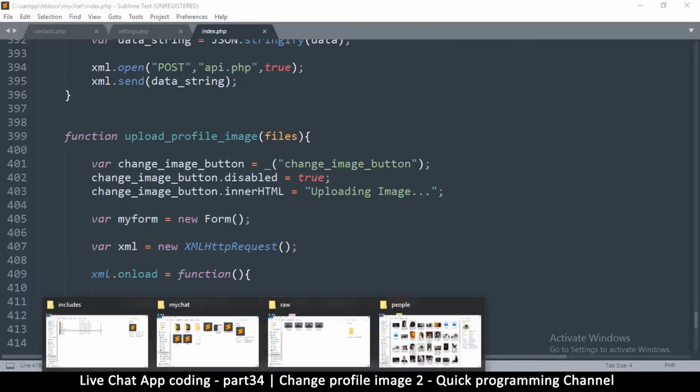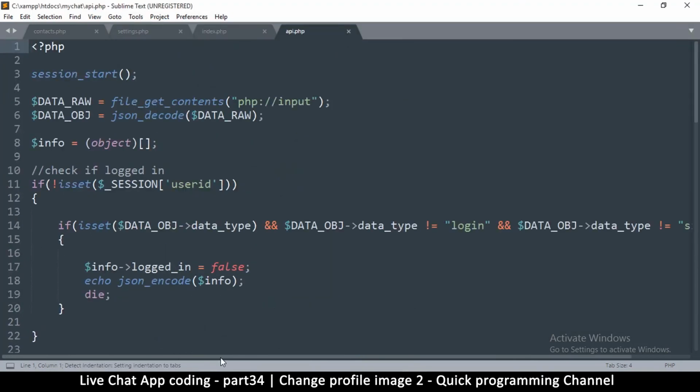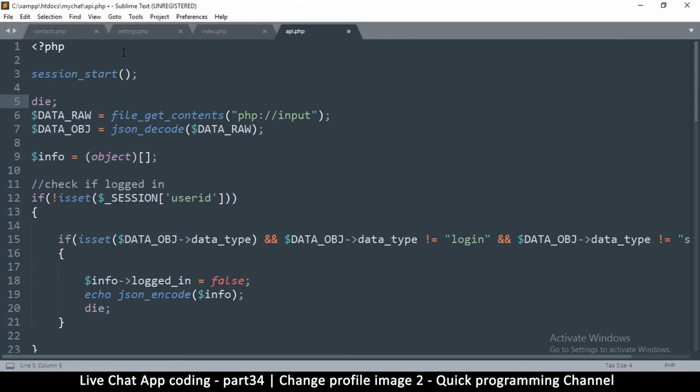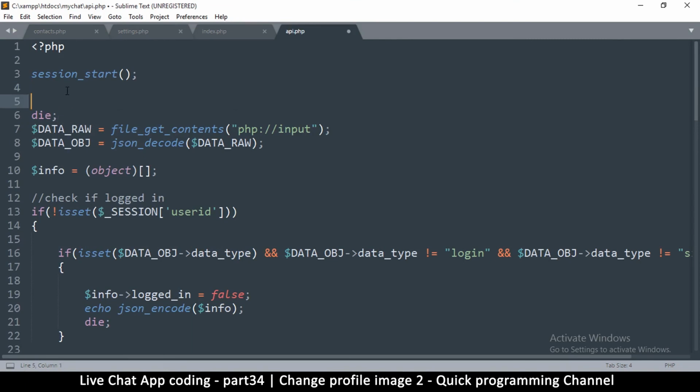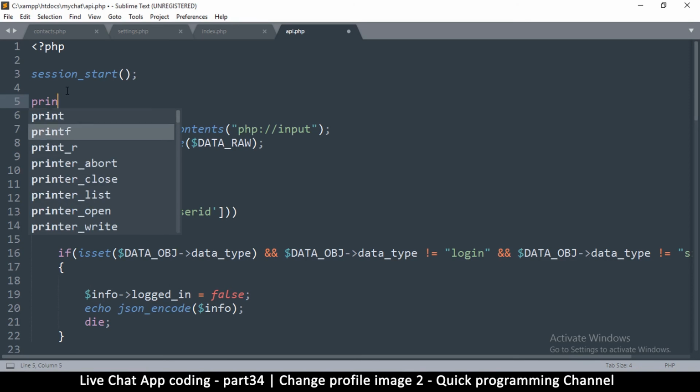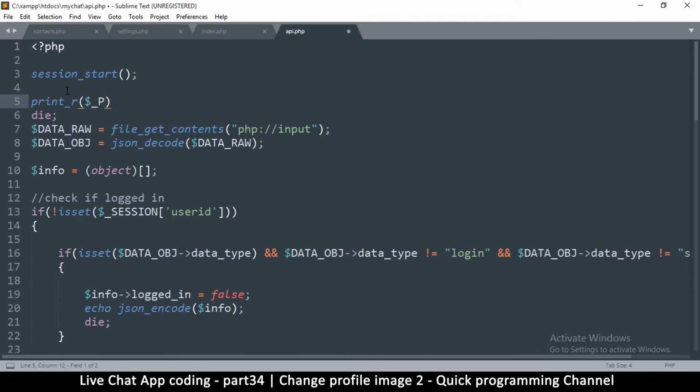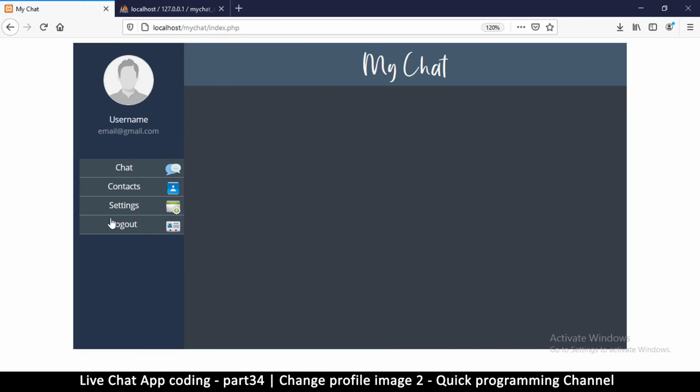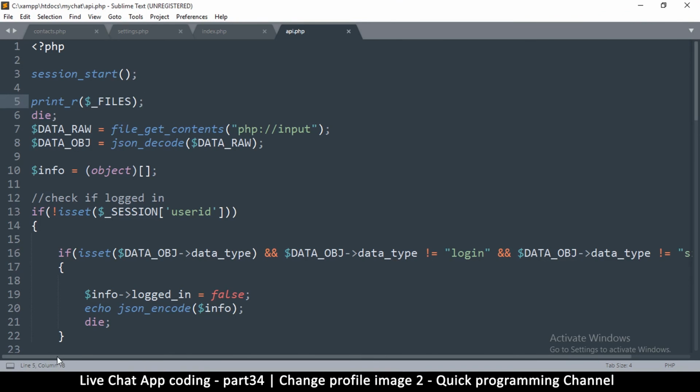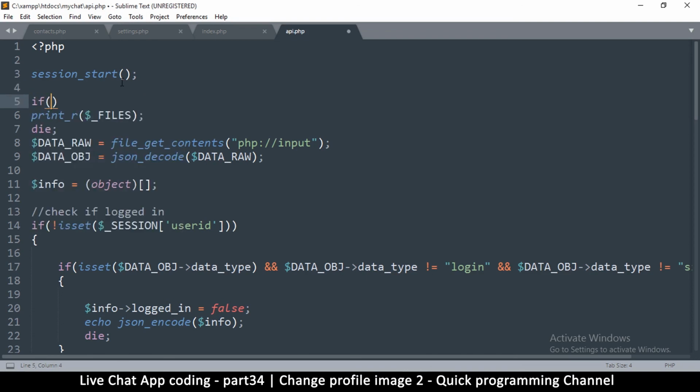So I'll go to api.php. Let me go back to api.php. And right about here, I'm going to ignore everything here. So I'm just going to say die at this point, so that all this is ignored. And simply, I want to see what's contained in files. So I'm just going to say print_r, like this, and instead of post, I'm going to say files, just to see if there's a file that's being sent here. And so let me refresh settings. Oh, I definitely forgot that this is where we're getting all the info, right? So what I will do is let me put an if statement here. I'm going to say if, oh, and this is going to create another problem. So, okay, forget all this. What we will do is